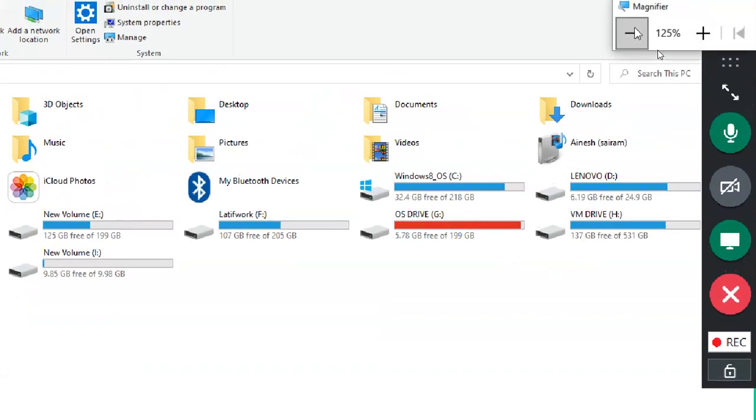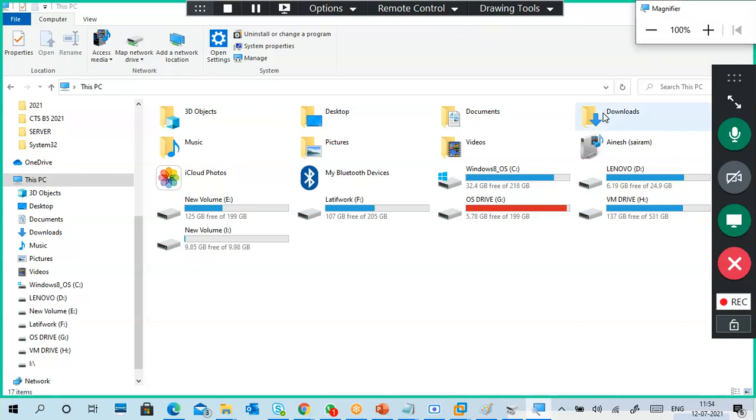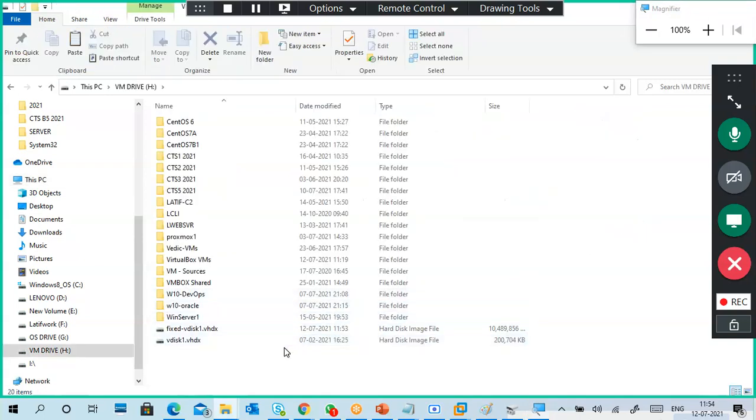Sir? I didn't get the question properly. Ask me again. Can we perform these operations on a pen drive? Can we create a virtual hard disk on a pen drive? Yeah, you can create. It is a file only. You can move this disk from one place to another place. You can copy this virtual hard disk and put it on your external hard disk or a pen drive also, depending upon size and all.